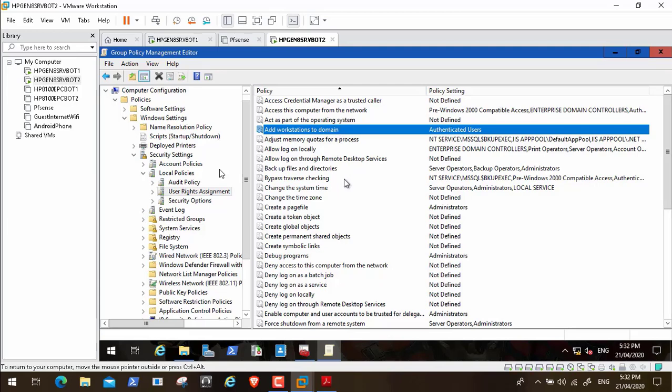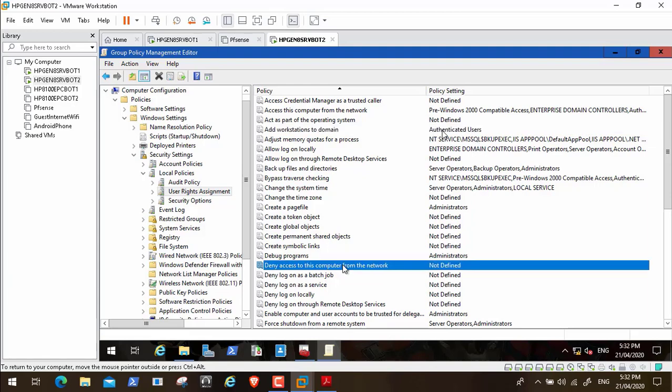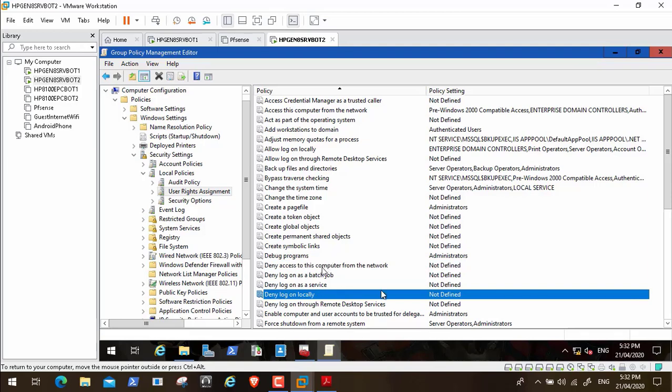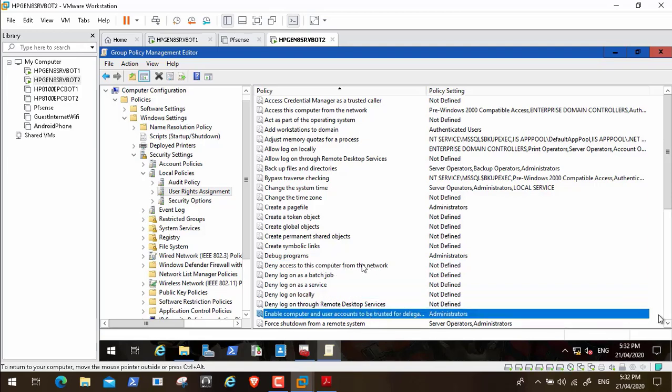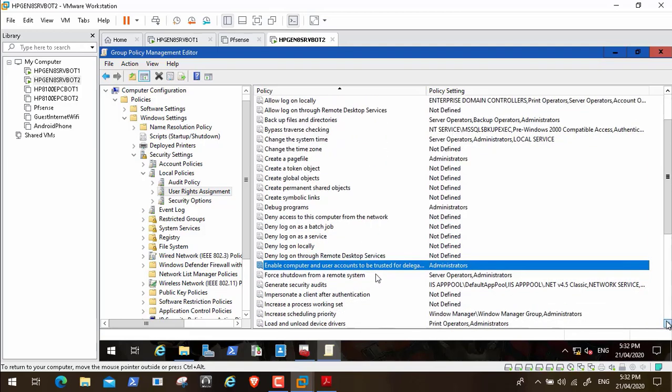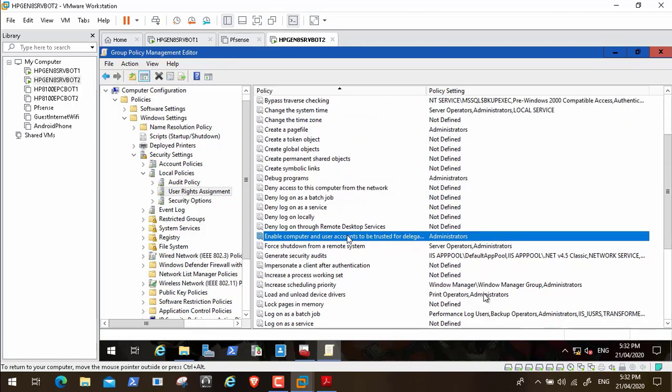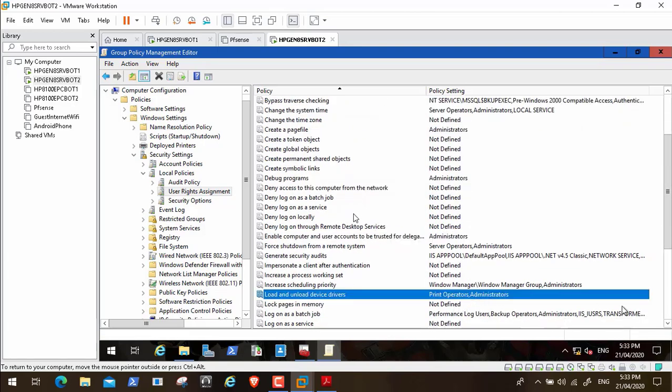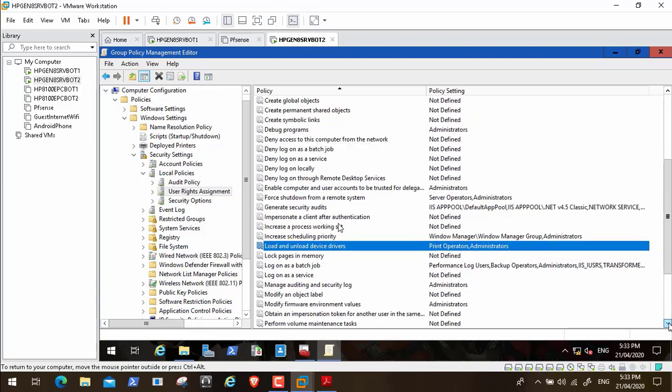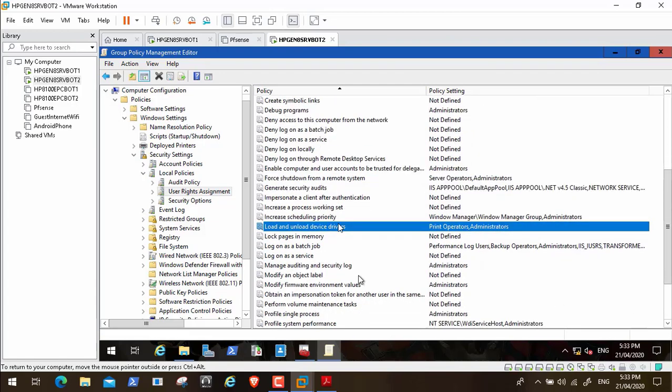For example, here, add workstations to domain, Hyuka says administrators. He is saying authenticated users. Here we can see that also access to this computer is not working. Enable trust. There are some settings that Hyuka enabled which are not enabled by default in the default domain controllers policy. Okay,